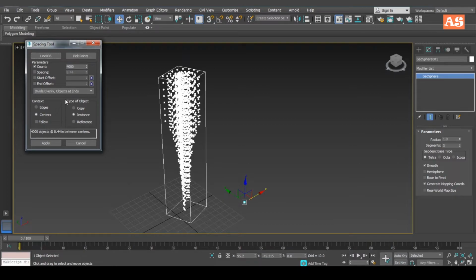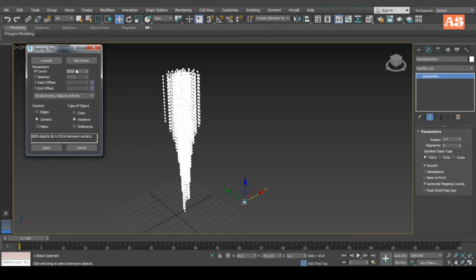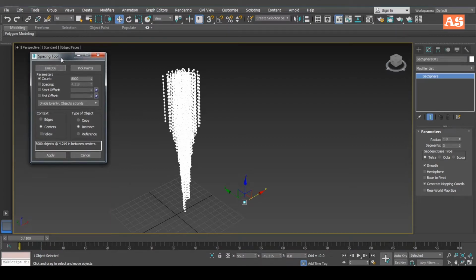And you can also adjust the count value from here. You need to be very careful about the count value, because it will definitely make your file heavy. If your count value is very high, then it is very difficult to manage your file. And I think it's okay.